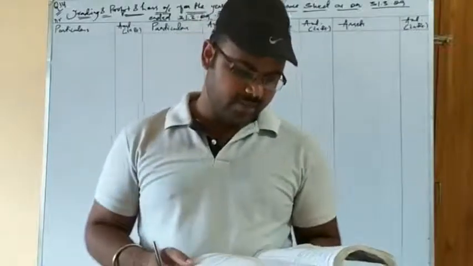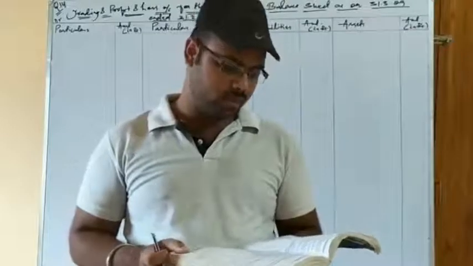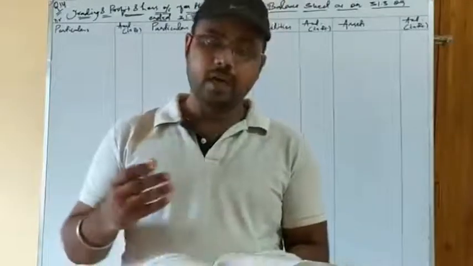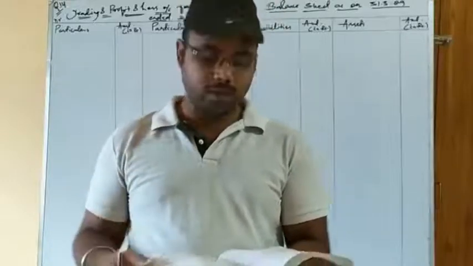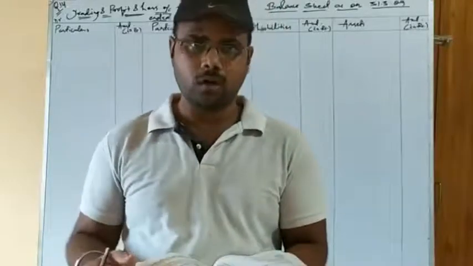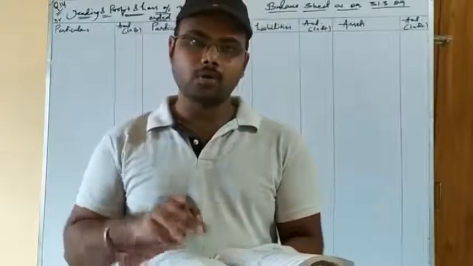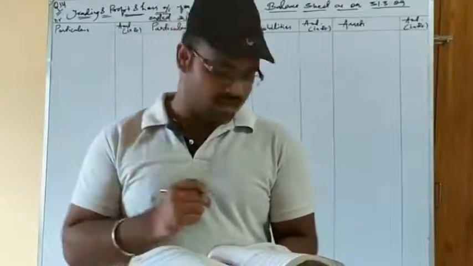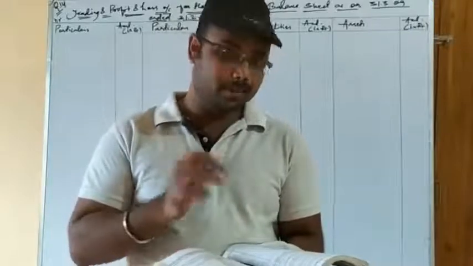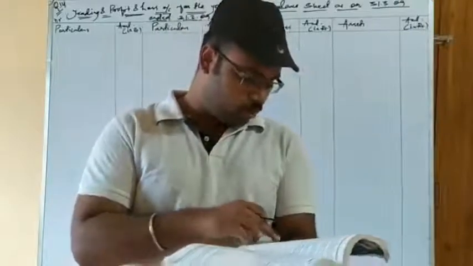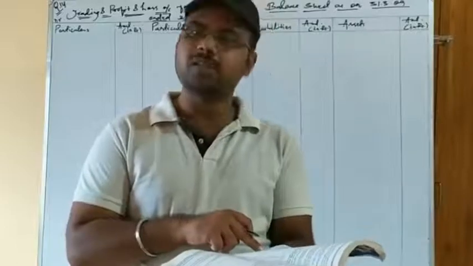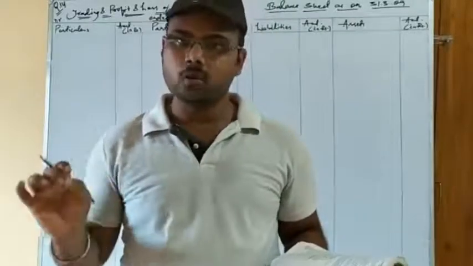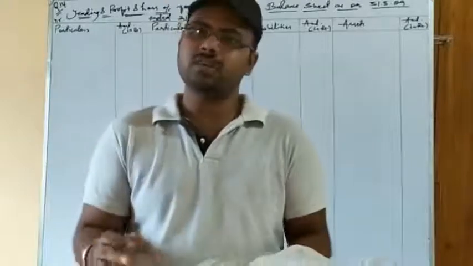The next adjustment is given as wages for the year is 16,000. Okay, so definitely it will be a bit confusing for you, what wages for the year 16,000 means. Now before telling you about this wages, let us see what is the value of wages existing inside the trial balance. It must be a debit balance as it is an expense. So wages given in the trial balance is 15,000. That means your question is your trial balance, which is the basis for both final accounts, without adjustment and with adjustment.